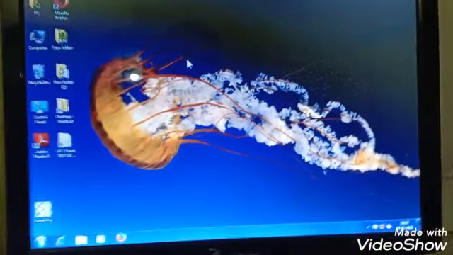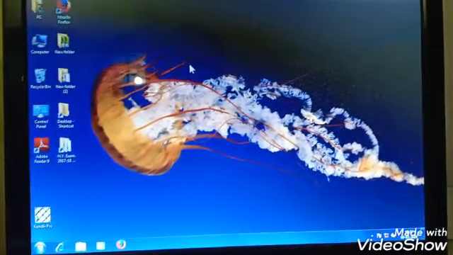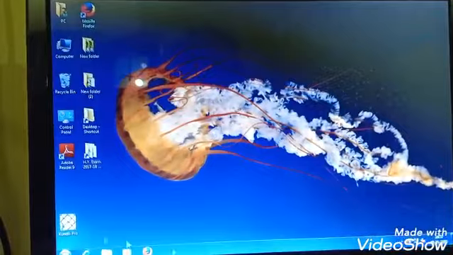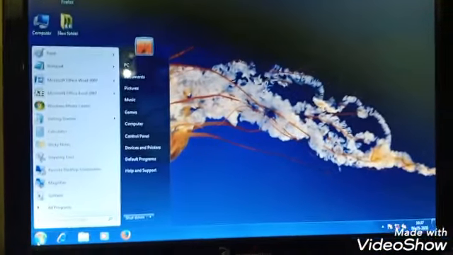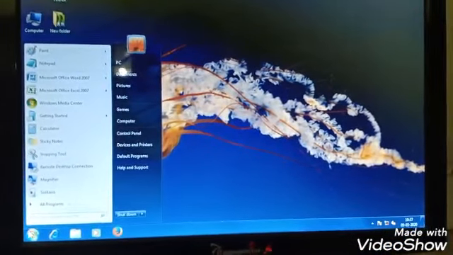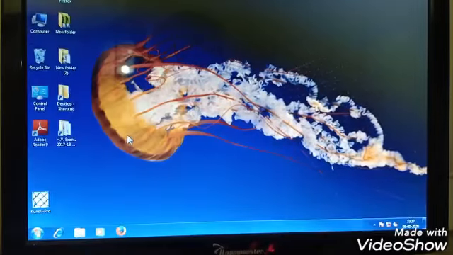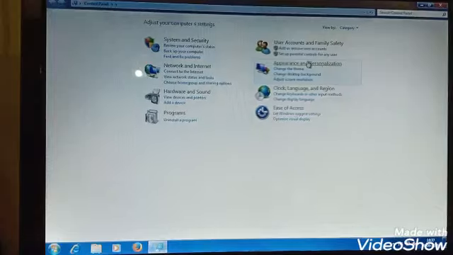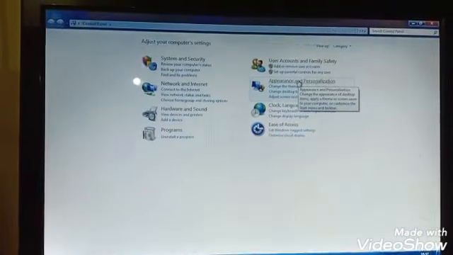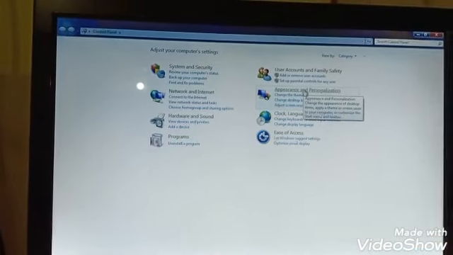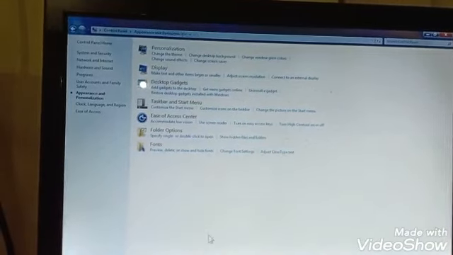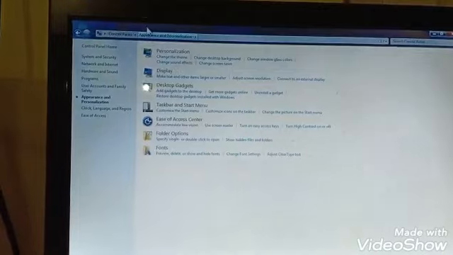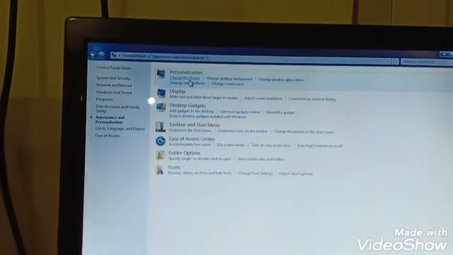You will learn the steps to change the themes of a computer. First of all, you have to click on the start button, then control panel. Now here you will click on appearance and personalization. Then you have to click on change the theme.